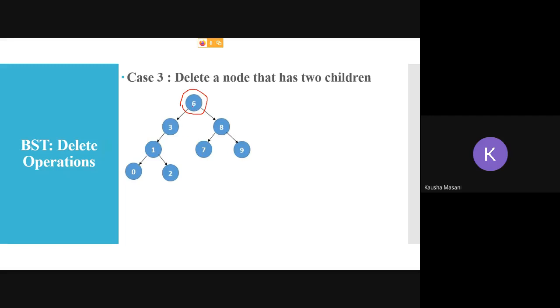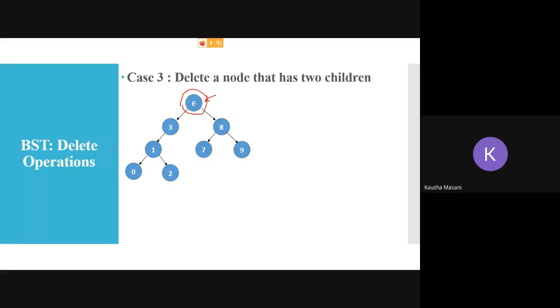I'm not going to free up this memory now. In our previous case, we linked past the arrow and we freed up our target key. Freed up means the memory was totally freed up. There was no existence of that node. But in this case, we are not going to do that. What we are going to do is overwrite this 6, the value 6.